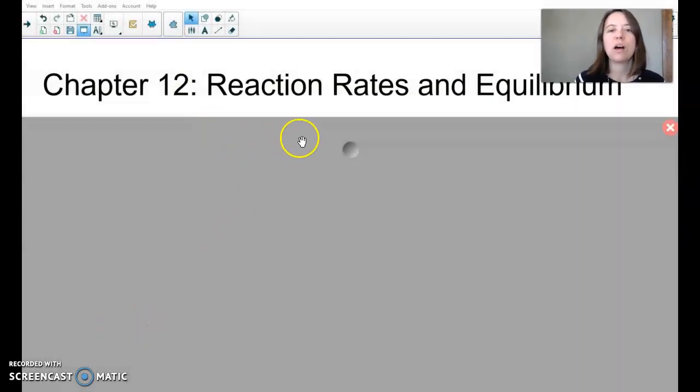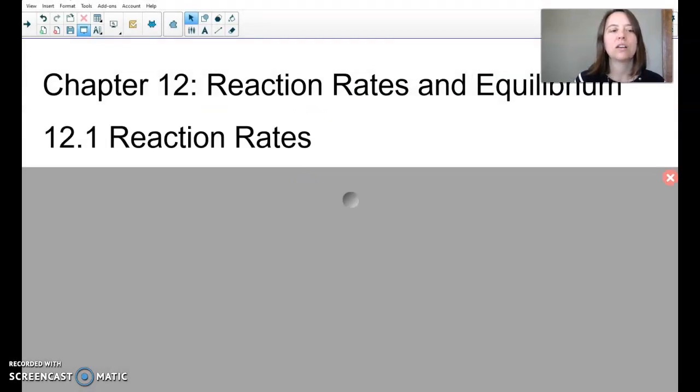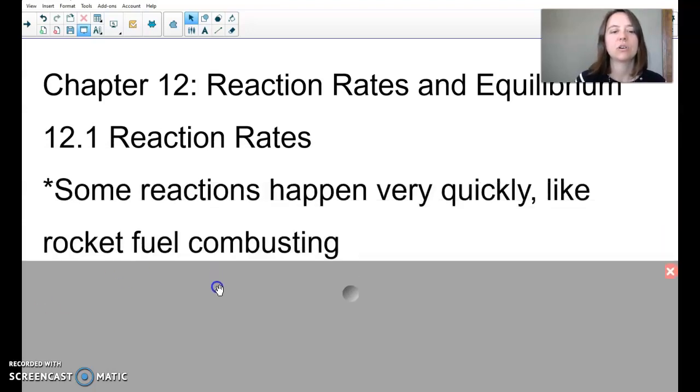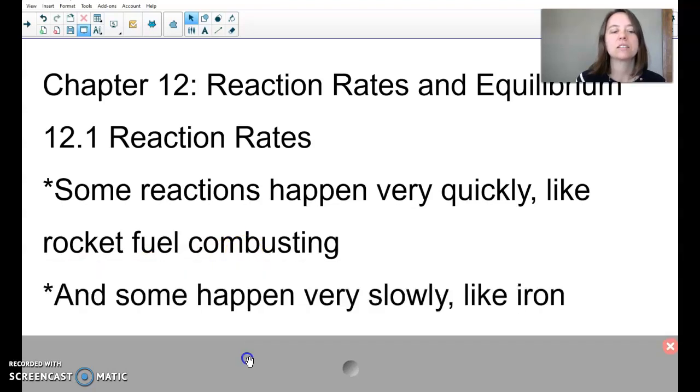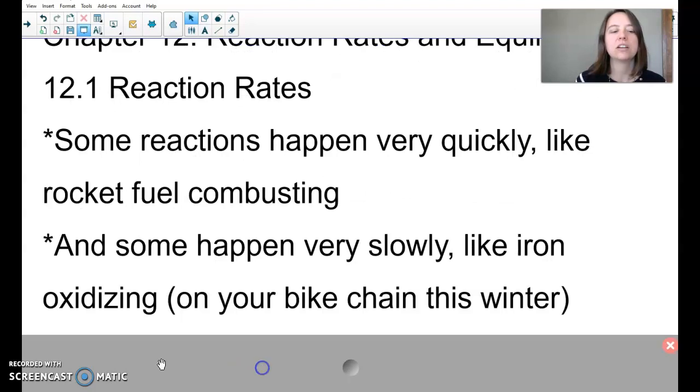And so Chapter 12 is on reaction rates and equilibrium, and Section 1 focuses on reaction rates. So some reactions happen very quickly, like rocket fuel combusting, whereas other reactions happen very slowly, like iron oxidizing, like if you left your bike chain out this winter. And so they're both chemical reactions, but one happens very fast and the other one happens slowly over days or